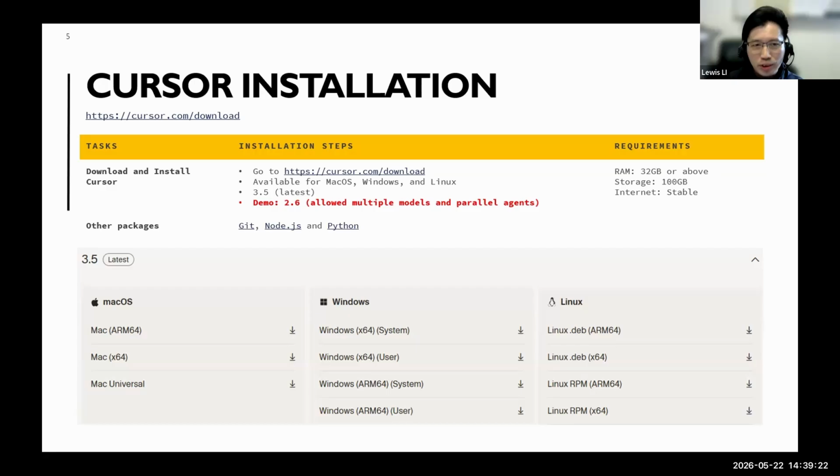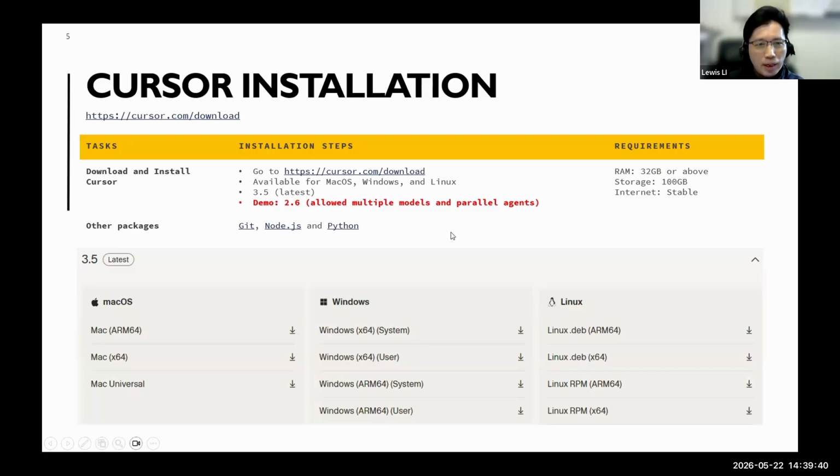I would like to use Cursor on my desktop, and that's why I want to show you this version, which is still available on the desktop. You can run this feature on your PC or your MacBook. So I will show you version 2.6 today.